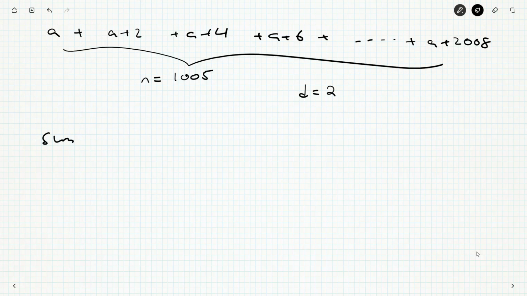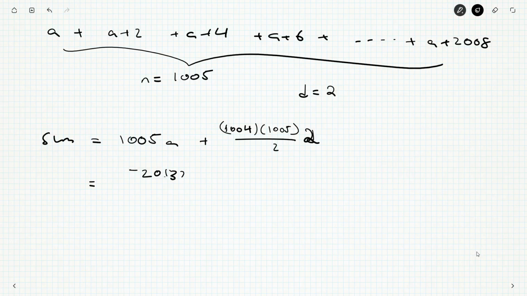So the sum here, the thing that I want to figure out, is 1,005 times A. Hey, I know what A is. Plus 1,004 times 1,005 over 2 times my D, which happens to be 2. And I know what A is. It's negative 2,013,738 all over 2010. And 1,005 is just half of 2010, so we're just going to be left with a